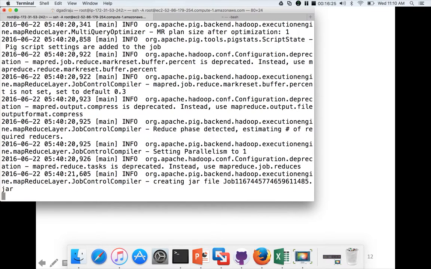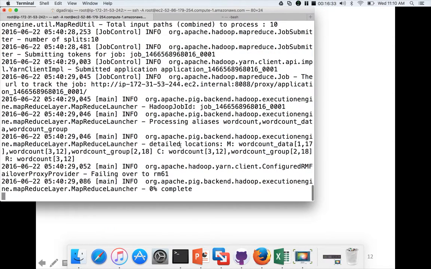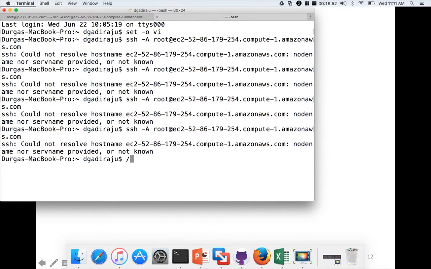Now you can see that it is actually running the job. First it is creating the jar file for the code which we have initiated, and to actually get the logs while it is running, we have to go to MapReduce logs, which can be accessed using this URL. So for that I have to enable SSH tunneling because I am using AWS.